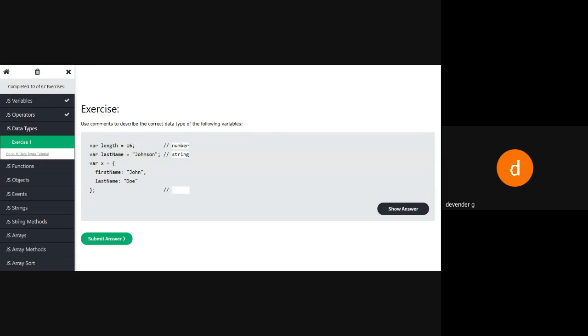What about this? Having it like this, comma, followed by like this. So two elements are coming, separated by comma. So it is an array. Okay. So number, string, or we can say it's an object. So array is only like John and Doe. But why am I calling this an object? Because it is saying label followed by the value. Label followed by the value. So in that case, we can say it's an object. Okay.